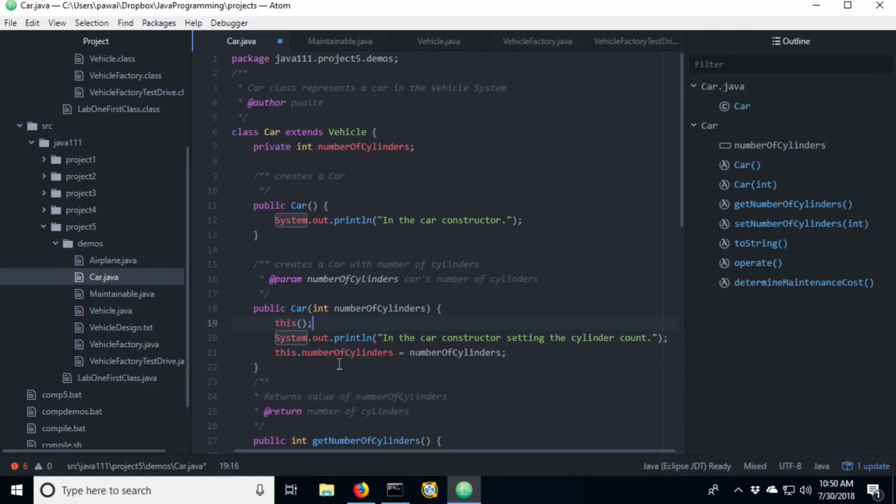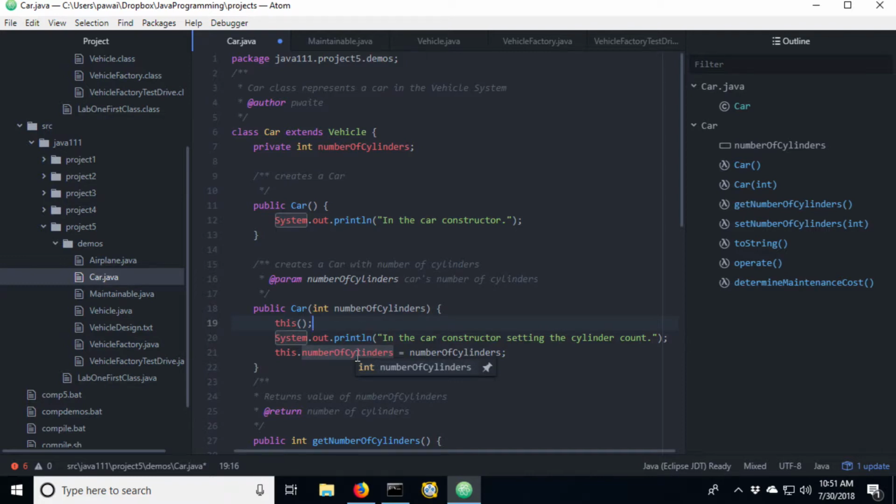And the reason for that is the compiler is trying to protect us a little bit. If I set the number of cylinders and then I call the no argument constructor, what should happen? What might happen is that we'd end up with an empty car object, and that number of cylinders would have been overlaid or set to the default value, which is 0 in this case. So the compiler, again, is protecting us. We have to call any other constructor first before we call the, I guess I would call it a more specific constructor where we're setting values.